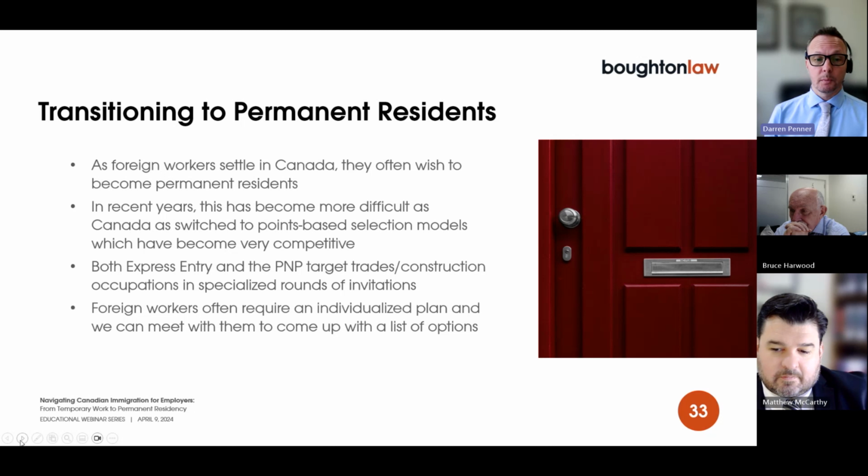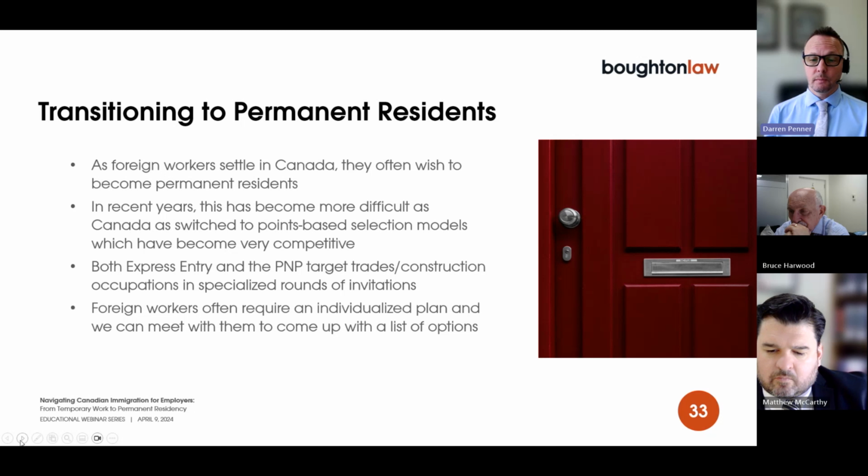Years ago, before Express Entry, it was just a matter of meeting the program requirements and sending in an application. It might take 3 or 4 years to process, but the person could be expected to become a permanent resident just by having come to Canada and put in the work. These days, the landscape is much, much different. It's all points based. So now if employees come over here and work and they meet the requirements for permanent residence, all that allows them to do is register in Express Entry.